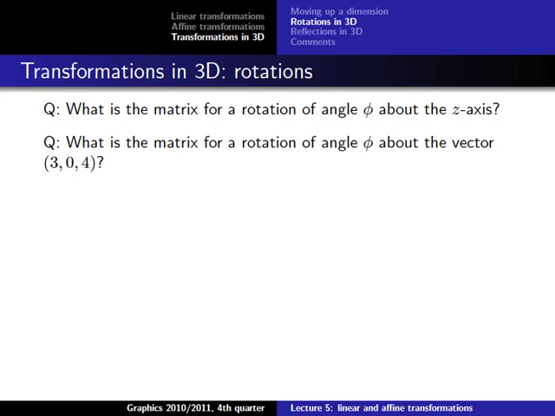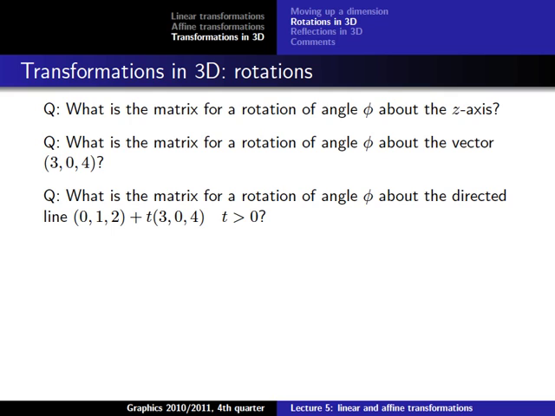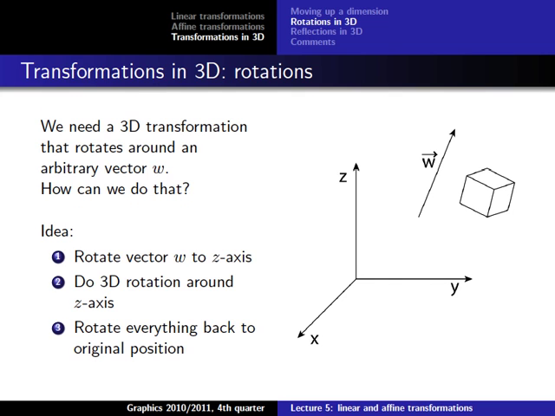Good. So we can rotate around the z-axis, but of course we want to do also different kinds of rotations, for example rotation around a specific vector or a random vector. And not only a random vector that starts in the origin, but a random vector that is placed anywhere. So how can we do that? Again, we do this by combining different kinds of operations with each other, doing this more complex operation by doing a sequence of more simple operations. So the idea is we have a vector and we have an object and we want to rotate this object around the vector. So what we do is first